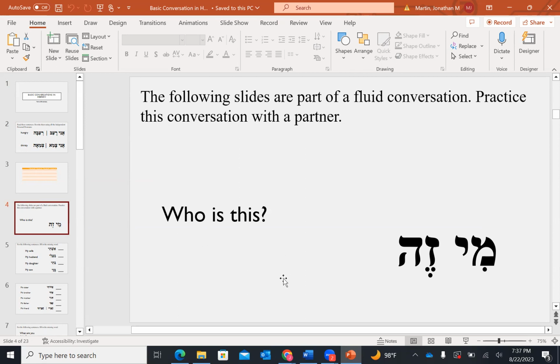Right? So let's say I would say, shalom, shalom, boker tov. You would say, "Oh, boker tov." You would say, "Mi zeh?" "Who is this?" Right? Yes. Ani Israel. "Ani Israel." Okay. What else might you say? After you say "Ani Israel," what would you say? Usually I ask how their family is doing. "Ma shlamka." Okay, "Ma shlamka." And what would you say after that? I would say tov. How's their family? Tov meod, okay.